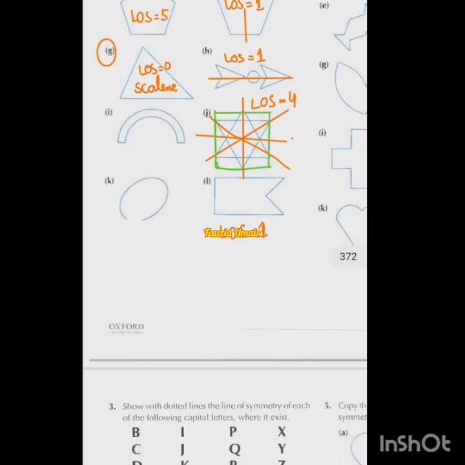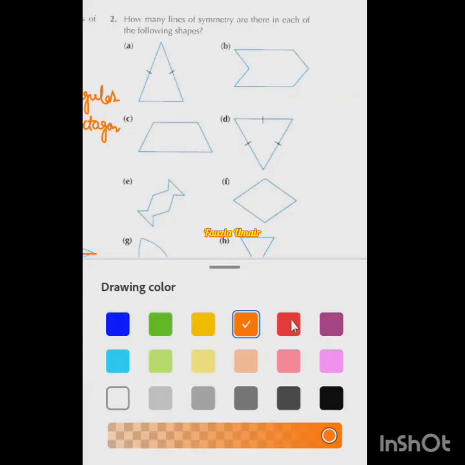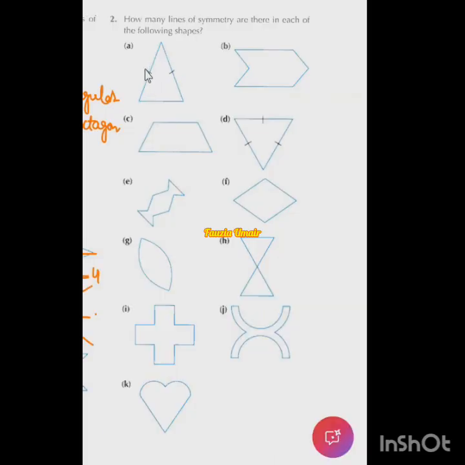Very good. So now question number two is how many lines of symmetry are there in each of the following shapes? So let's quickly discuss. Starting from the first one, what do these lines mean? That it is an isosceles triangle. Very good. And how many lines of symmetry does an isosceles triangle have? Two. Sorry? Not two, one. One only, right? So you need to memorize the mathematical shapes and their lines of symmetry